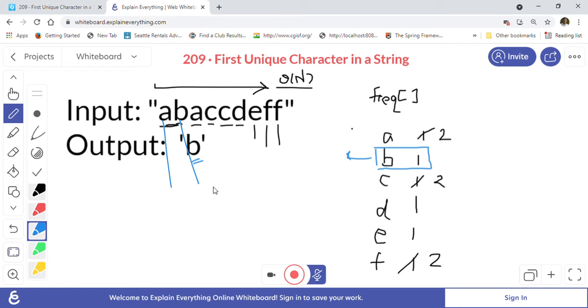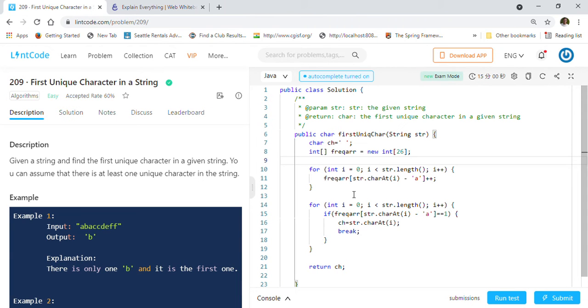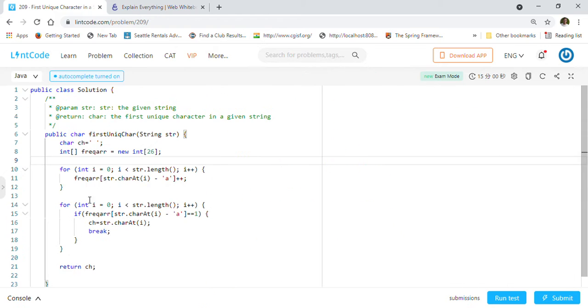So this is one approach to implement our solution, and I will first show you how I implemented it, and then we will discuss the second approach, how we can implement the solution in another way. So let's look at this first approach that I showed you. Let me make it big.